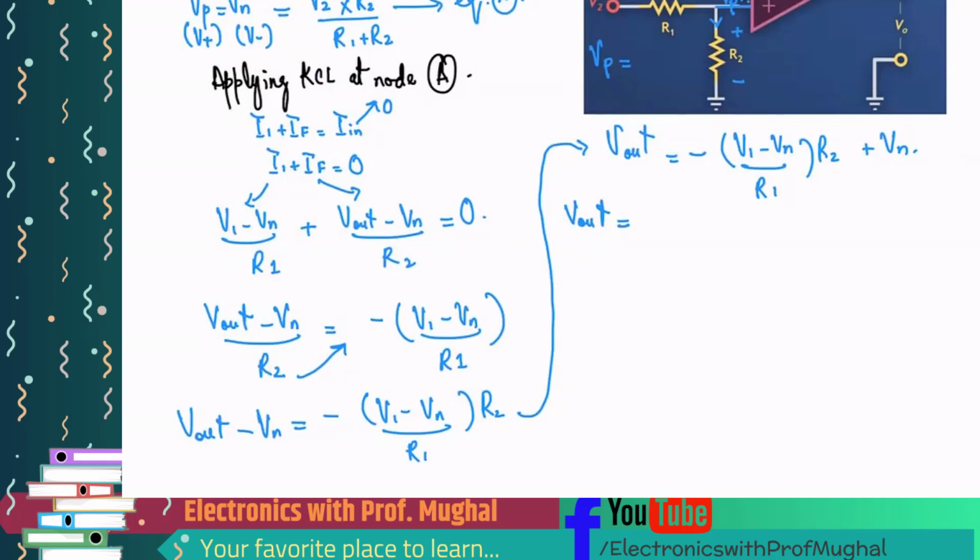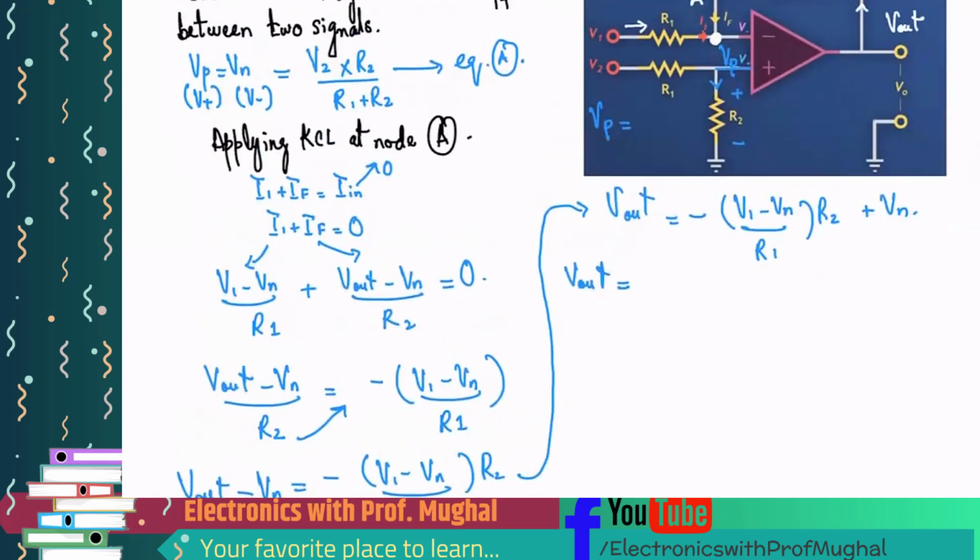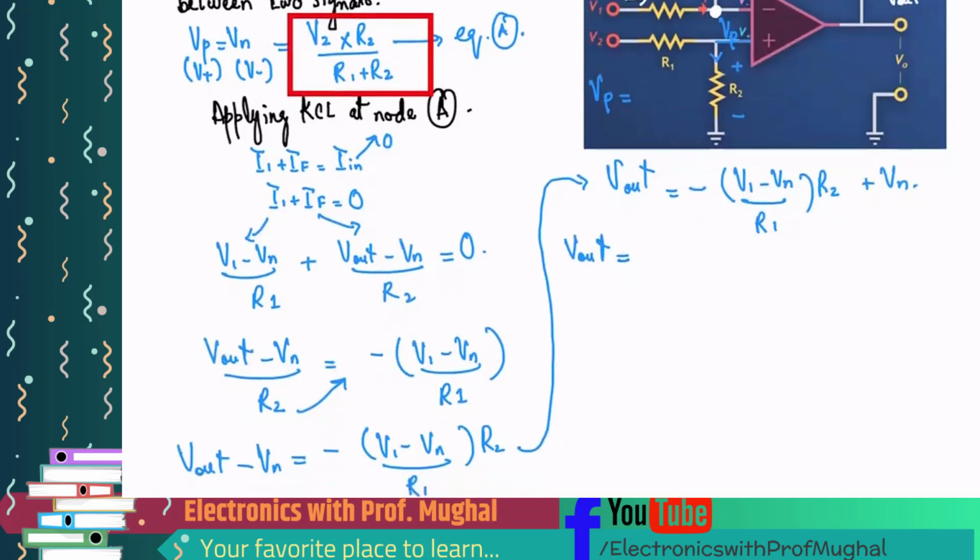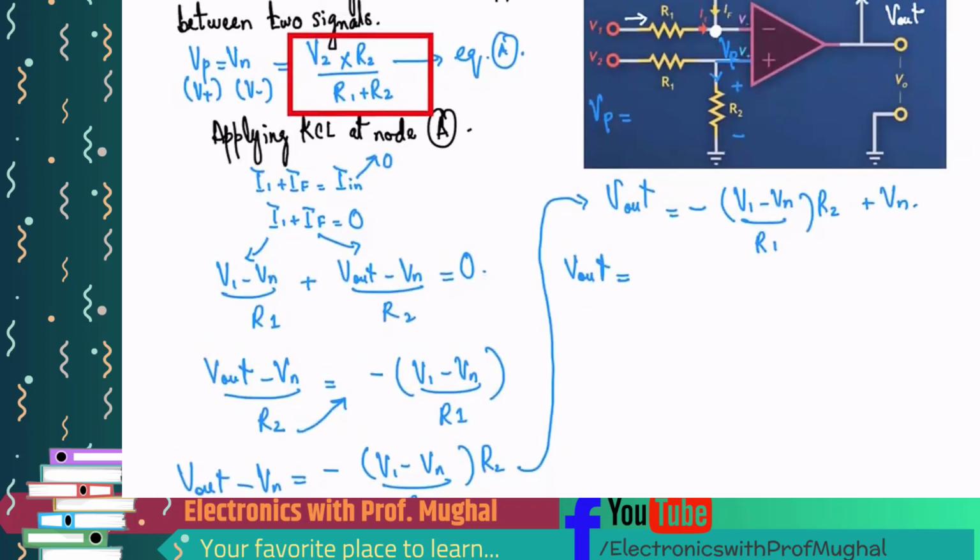Yes, it's the same as VP, which is this thing right here. Correct? Okay, I'm going to replace Vn with that equation that I have over here, equation A. So this will turn out to be a big equation, and if I can simplify that, it's going to be